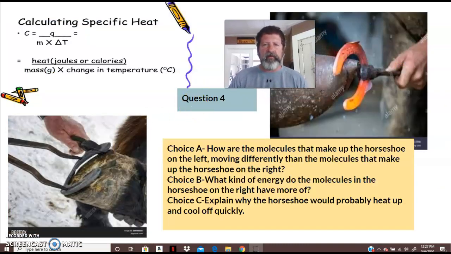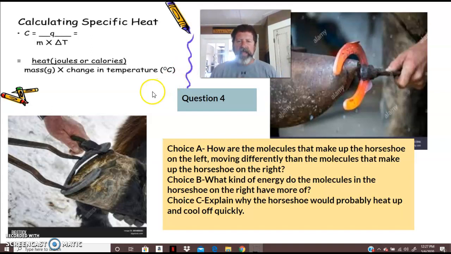Don't have much more time. I'm trying to be quick. A, how are the molecules that make up the horseshoe on the left moving